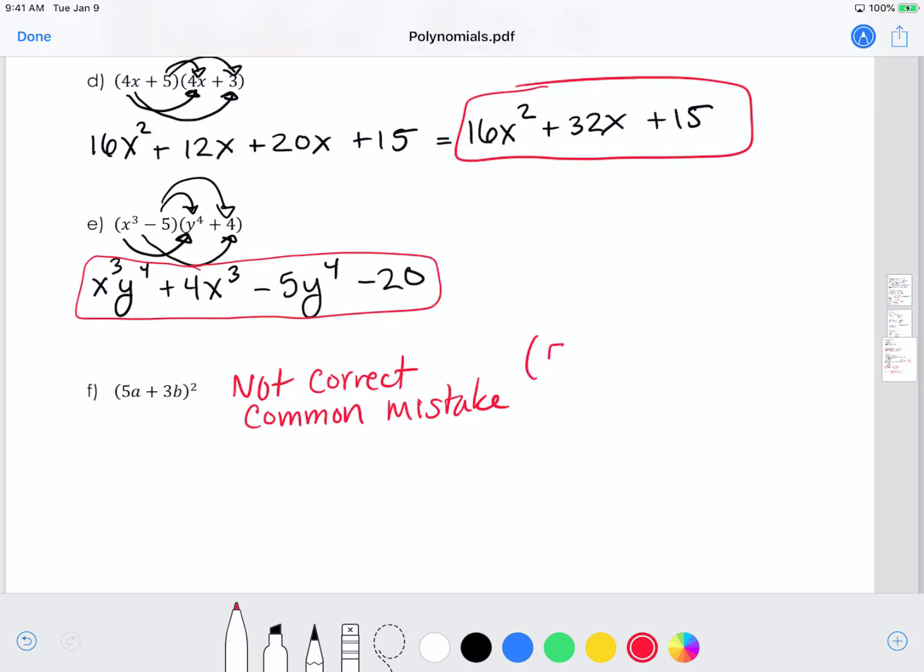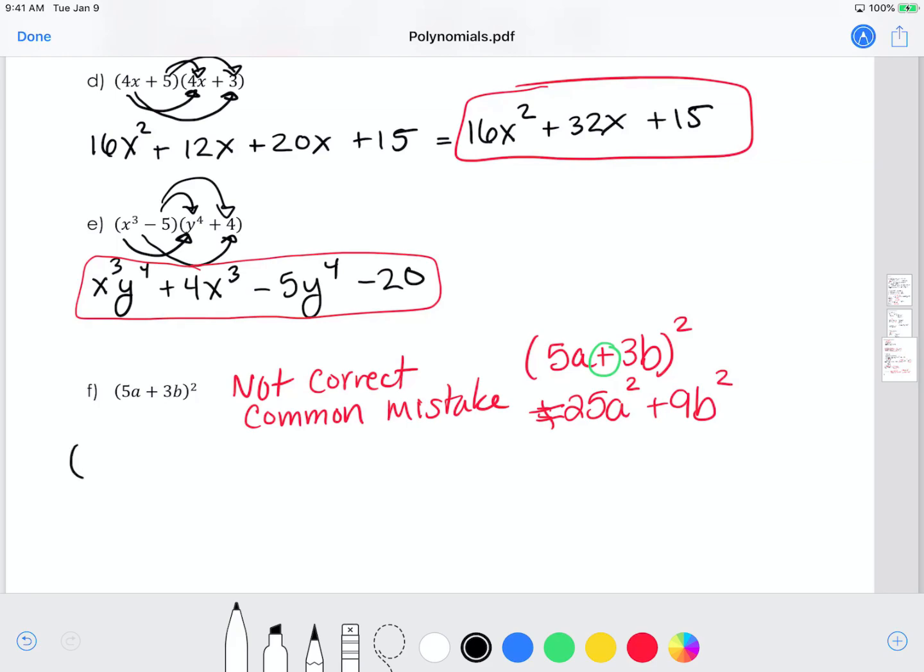So we have 5a plus 3b squared. And when students see 5a plus 3b squared, they think of exponent rules and they think they have to take everything that's on the inside and square it. So they would write it as 25a squared plus 9b squared. However, that is not correct because you have an addition sign in here. Previously, when we talked about squaring things on the inside and you take everything that's on the inside and square it,